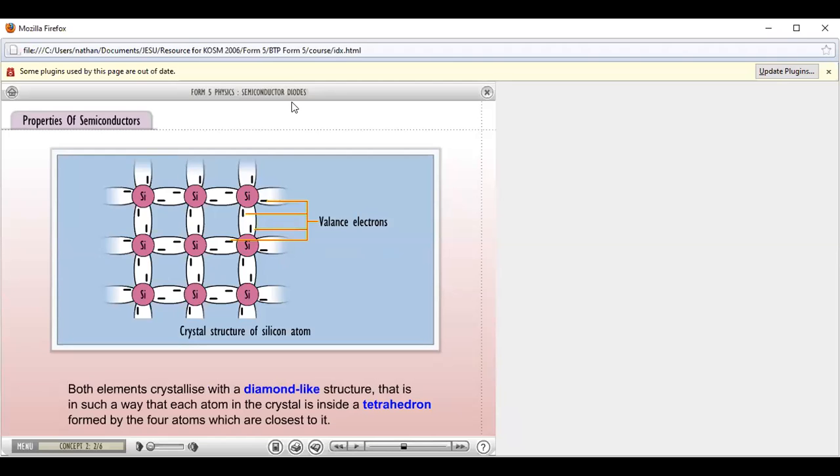So at low temperature, what happens? They will be involved in covalent bonding. That means they are not free to move. So they're involved in covalent bonding. This is what happens at low temperature, at 0 Kelvin. Okay, now